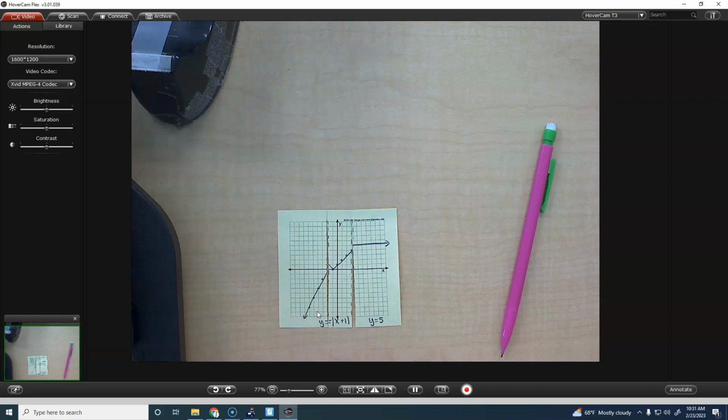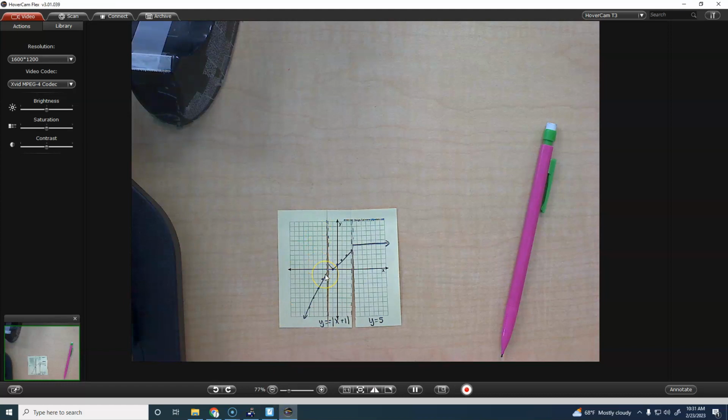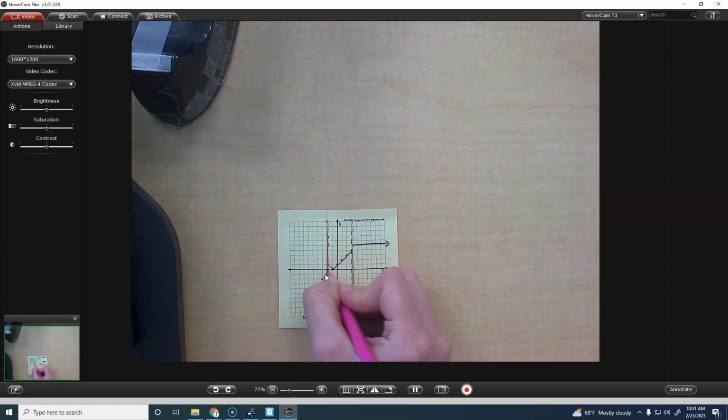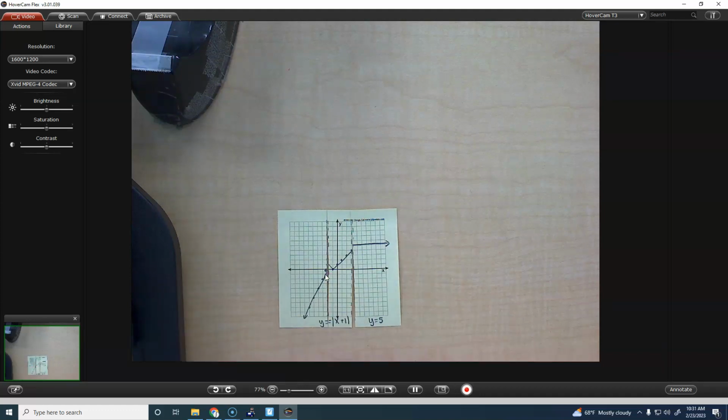Now, there is one thing that we have not done that we must do, and that is we've got to figure out what to use at those endpoints. So, you can see for 2x plus 4, I've got x is less than or equal to negative 2. So when we have an or equal to, for this first part of the graph, wherever it ends, which is right here, we're going to put a closed circle,